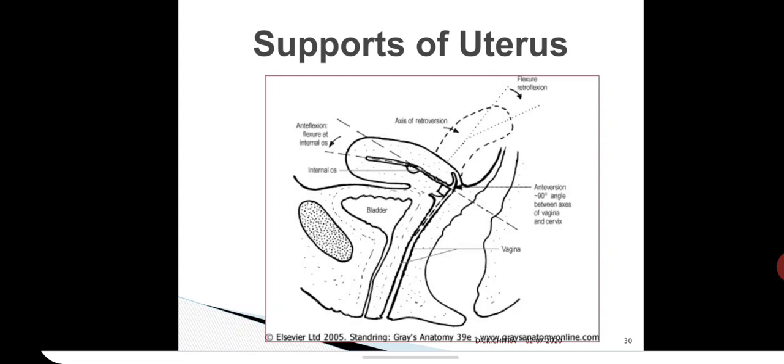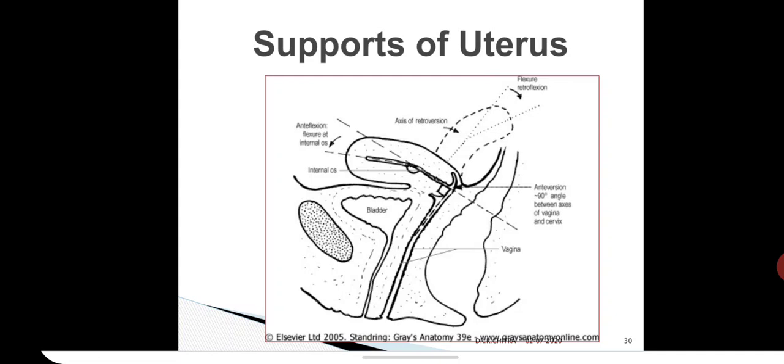But on gradual distension of the bladder, the uterus becomes erect, lies in the same line with the vagina. This position favors the descent of the uterus through the vagina. So descent of the uterus through the vagina is called prolapse, uterine prolapse. But under normal conditions, the uterus does not prolapse.